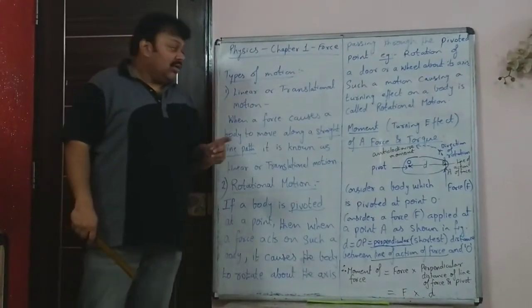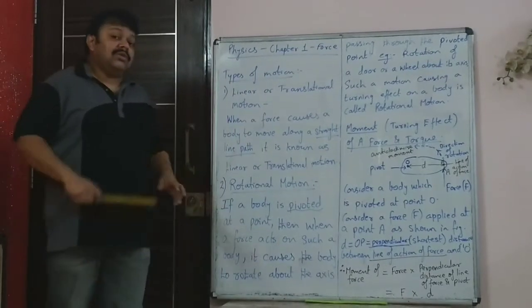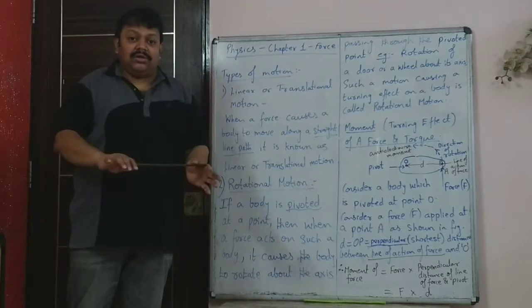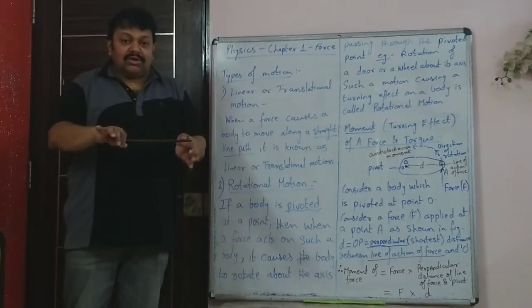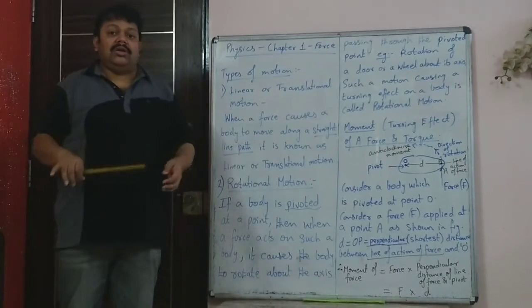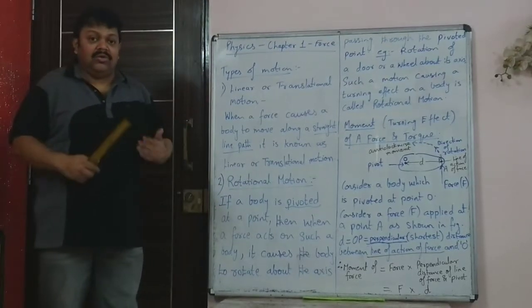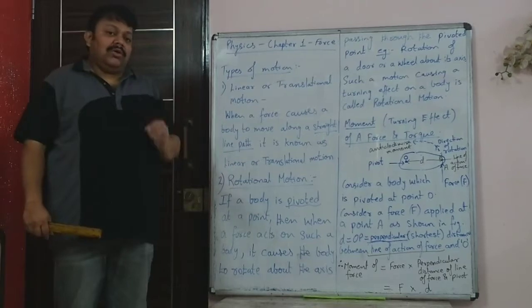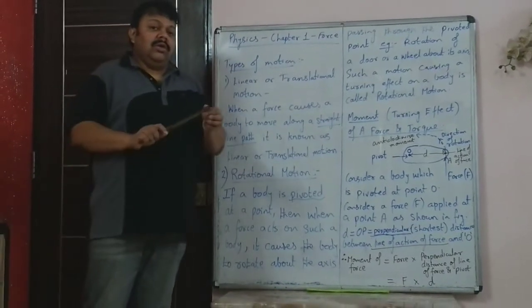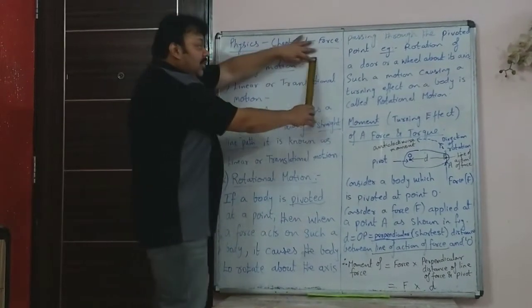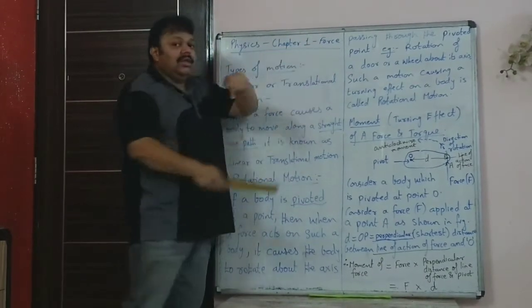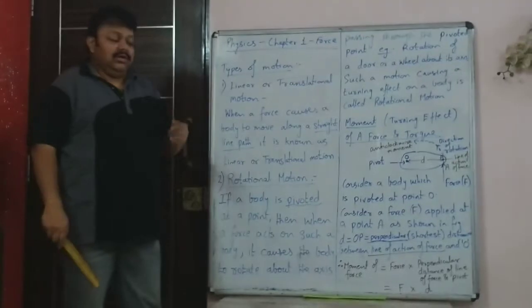Now see, I have told you rotational motion happens if it is fixed at a point, not if it is totally stuck. For example, if an object is totally stuck at a point, then you may require a very large force to remove that object from that point. So here when you talk about rotational motion, you are talking about an object being just screwed to a point like this, and then it is rotating about that point like the hands of a clock.